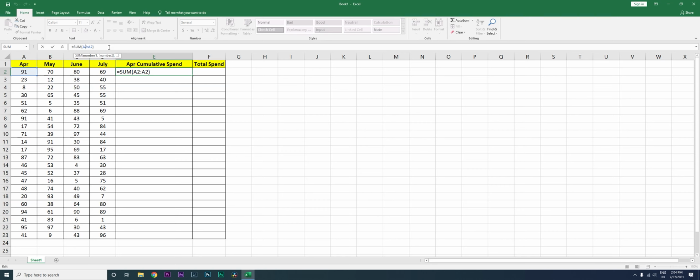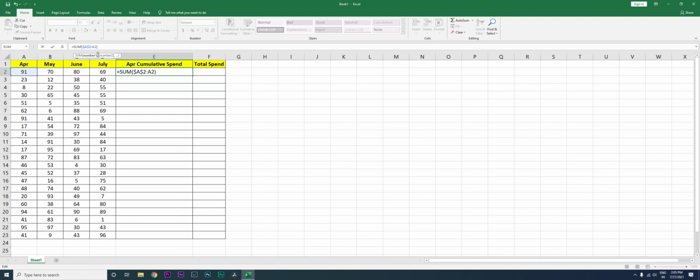Now when you come here, let's say you keep your cursor over here, select A2 and press F4. F4 is the button that you need to press to get the dollar sign. Now you can see that there are two dollar signs created. One is before A, which is the column, and second is before the row, which is number 2, right? Now it is telling me that we are going to freeze on column A and cell A2 in the first section of our sum formula, and the second is A2.